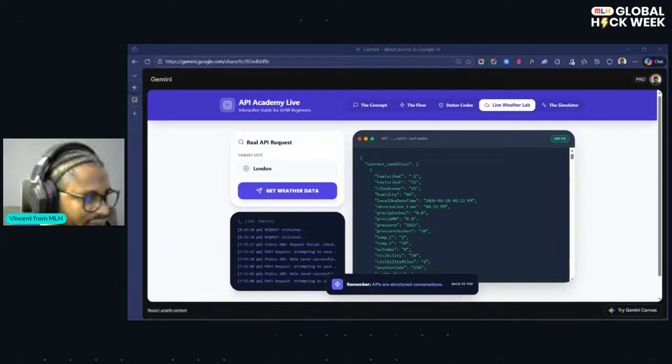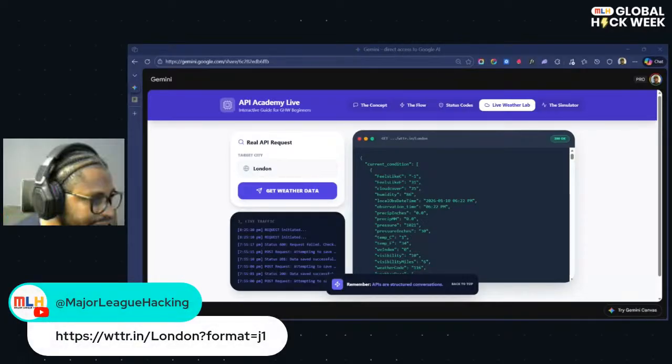It does not require you to have any API key or sign up or sign in. Just drop that link in the comment section. That's the exact API I'm using for this lab that you have on the screen.